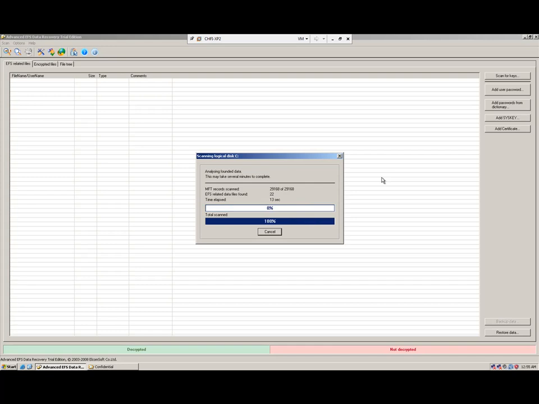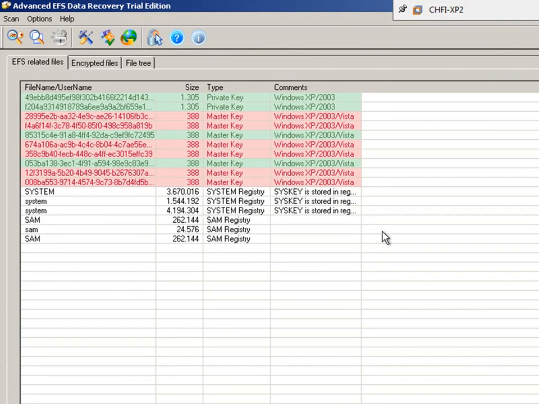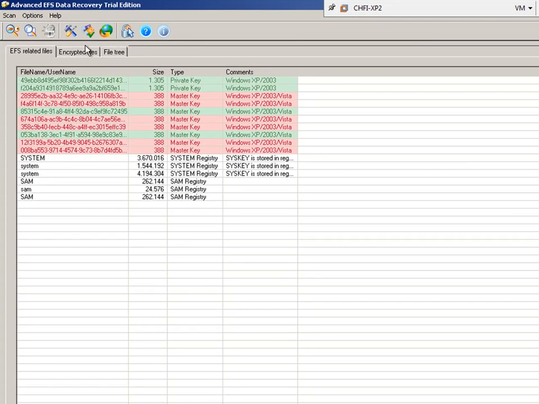After it finishes, Advanced EFS Data Recovery will find the encryption keys, the system registry, and the SAM registry, which will help to decrypt the files that were encrypted using EFS.